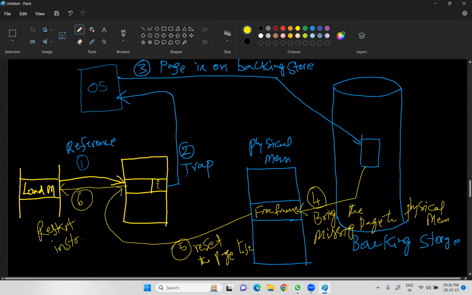First, it is going to refer to the page table. If that particular entry is invalid, the trap is going to inform the operating system. The operating system will look into the backing storage device, whether it exists or not. If it exists, it also looks into memory for a free frame. If it is available, then the page is copied from backing storage to physical memory. Then